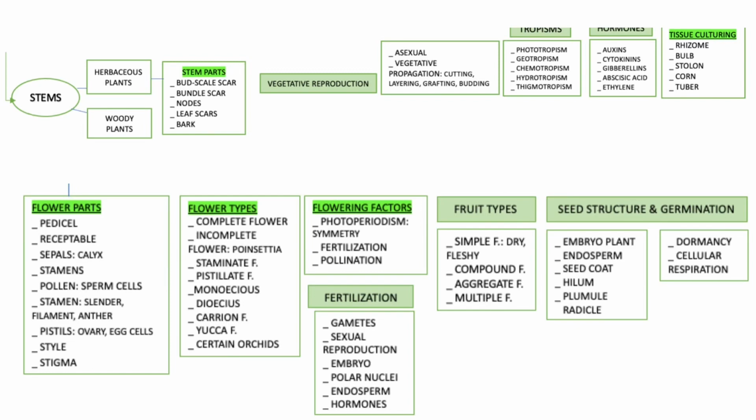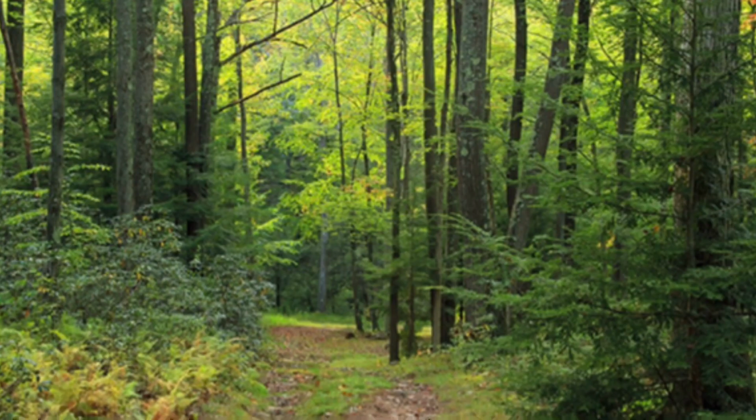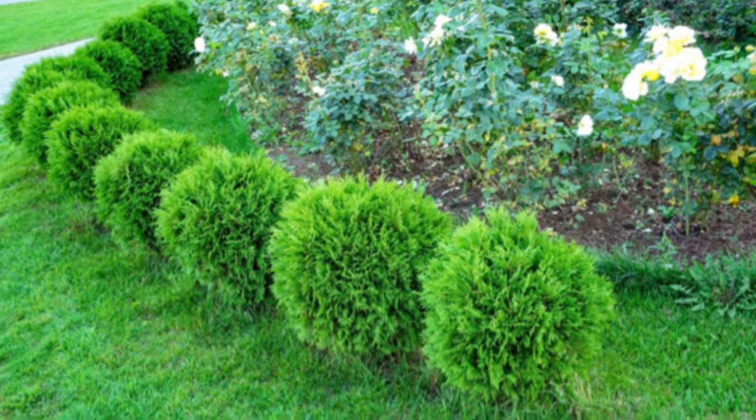Continue with the parts of the plant. We have the stems. There are three types. Woody plants. Trees and shrubs live several years and develop a large amount of wood. A plant with a single tall, woody stem that can stand erect without support is a tree. A plant that has several low, woody stems near the ground and can stand erect without support is a shrub